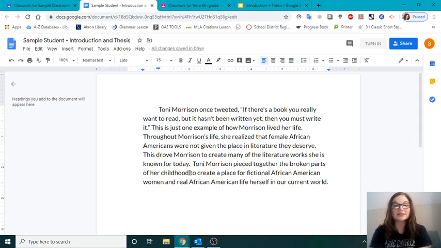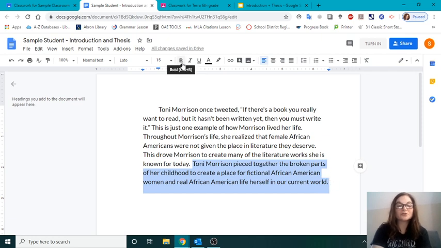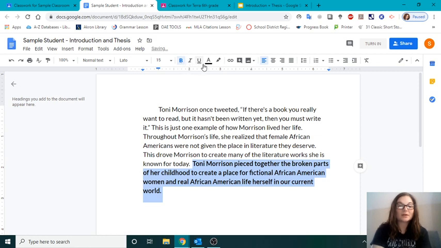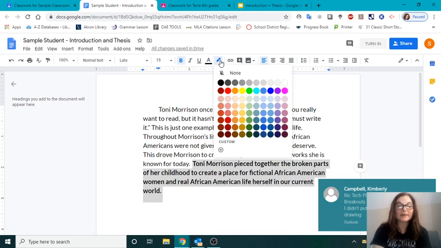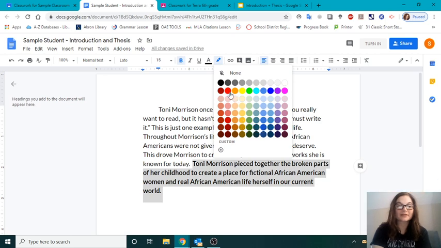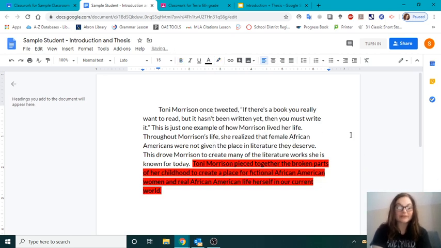If you look at the directions in the Google Classroom and you look at the directions in your packet that got sent home with you guys, it says to either highlight or bold your thesis statement. So I'm going to hover over that part, and to do bold, you can either just hit the B button, or if you want to highlight it, you can go to this little pencil looking thing and hit highlight. And then you can pick whatever color you want, but please do it in a color that I can still read your writing. So I'll do it in red. And then this kind of lets me know when I'm looking at your paper what your argument is.